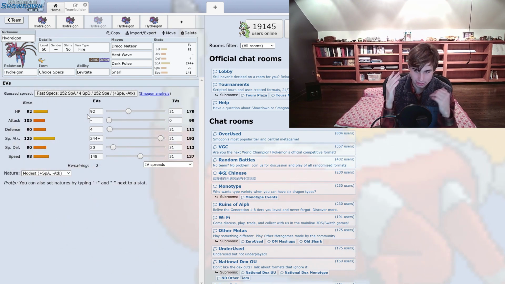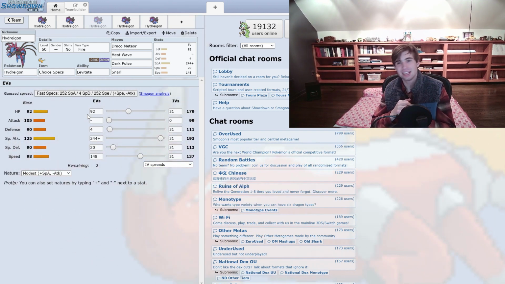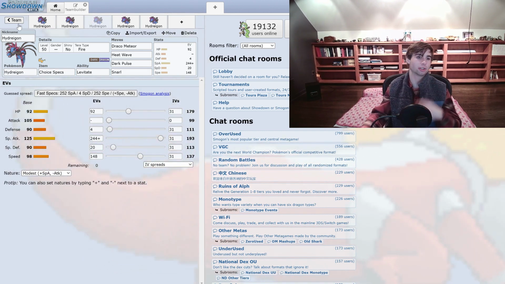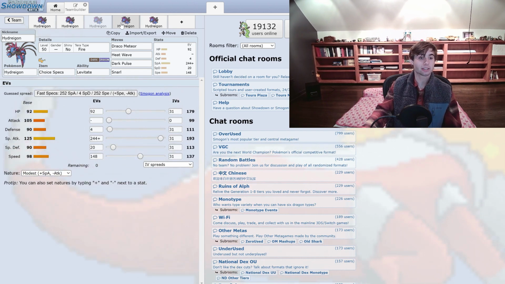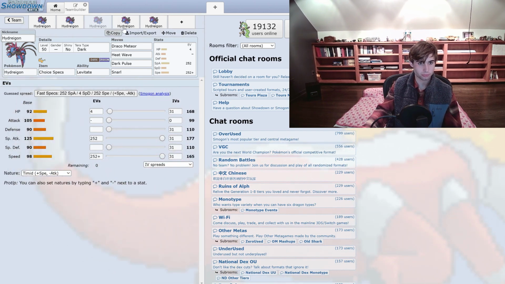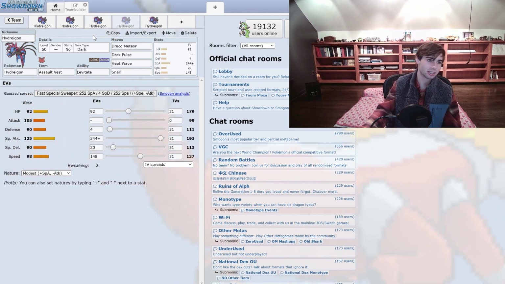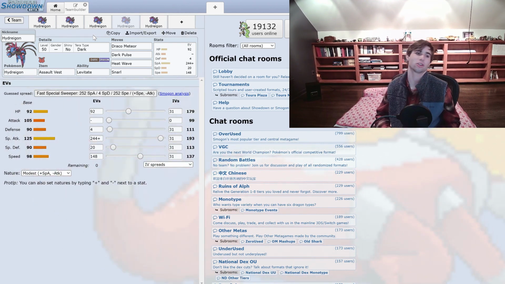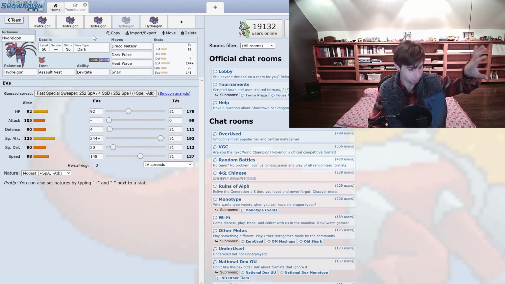Choice Specs is one of the things to consider. I think it's pretty good in the metagame. Like, I don't think it is the best, but I think it can still put in some work. The next set we have is the Assault Vest set. Now, Assault Vest is actually really cool because a lot of the previous,